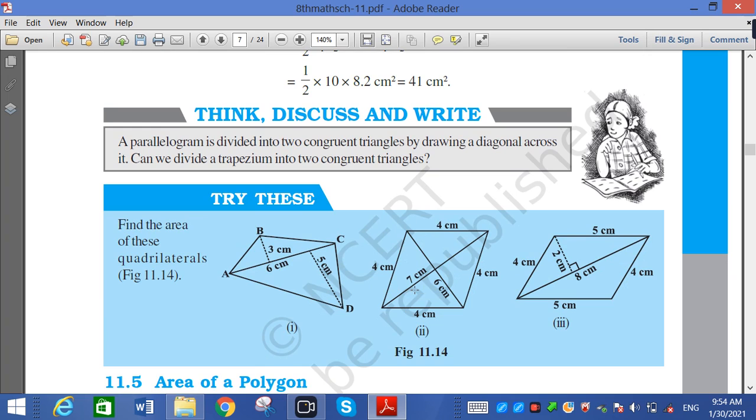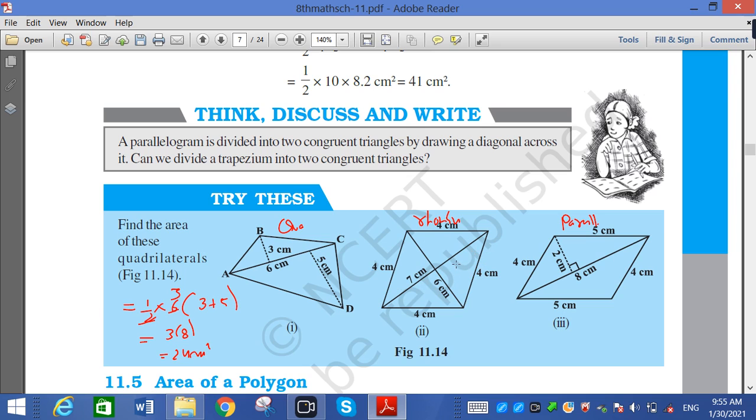So these are all different. See here, if I want to find the quadrilateral here, it is a quadrilateral, it is a rhombus. Here again it is a parallelogram. So area of quadrilateral, that is 1 by 2 into 6, in bracket I have to write 3 plus 5. So if we cancel it, then 3, in bracket 8. So 24 centimeter square.